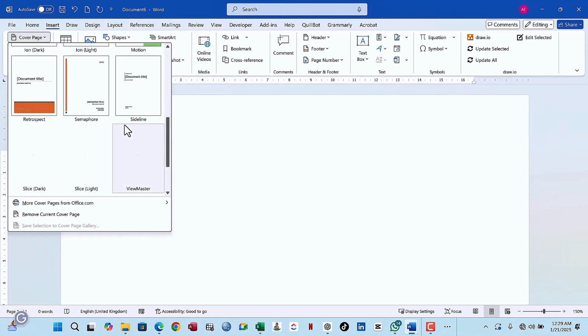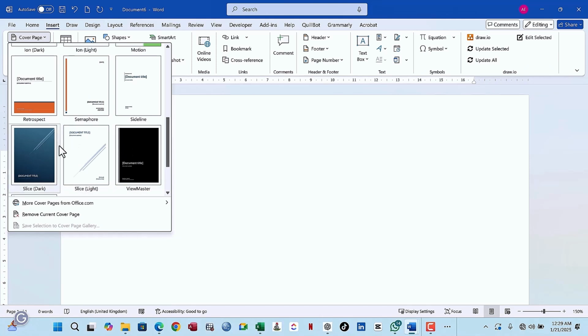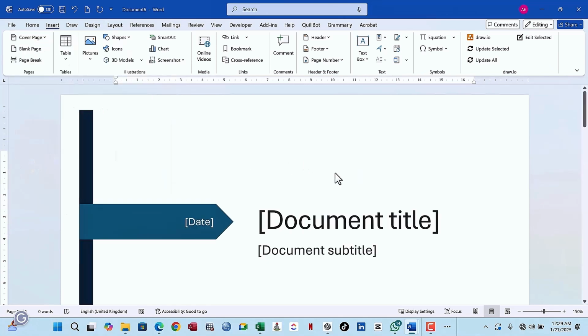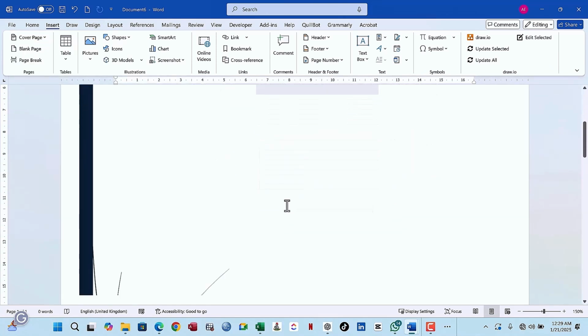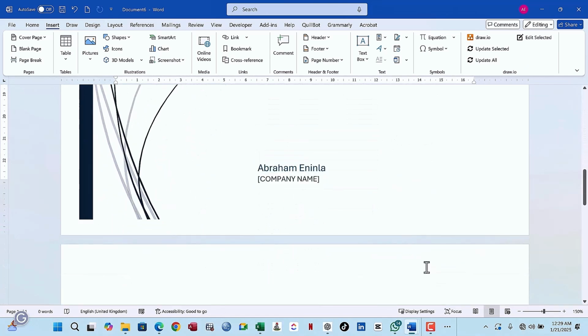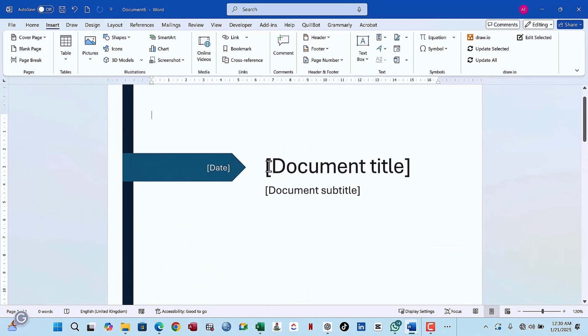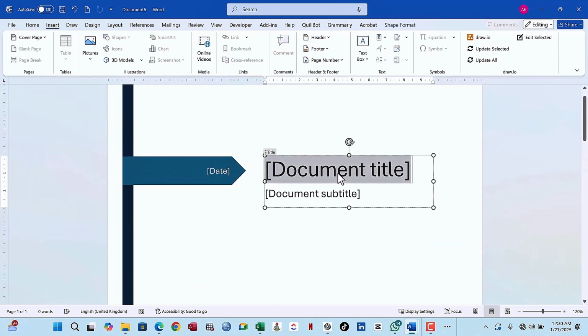Okay. So you can see a lot of cover page options. So you can choose this. So maybe this is what you want. This is fantastic. This looks beautiful. So you have a document title. You can